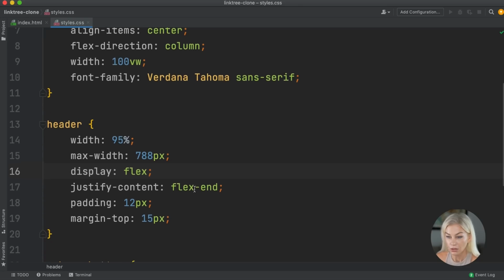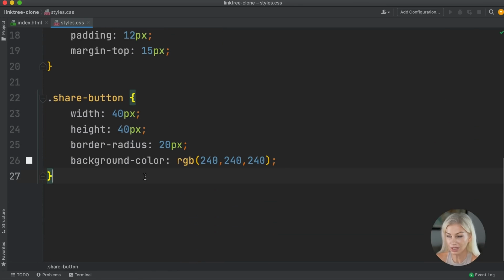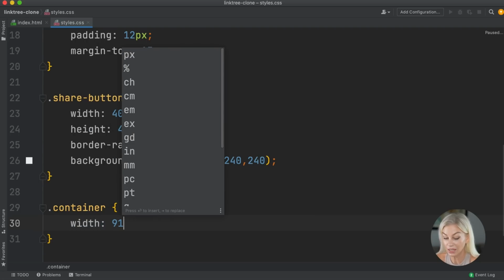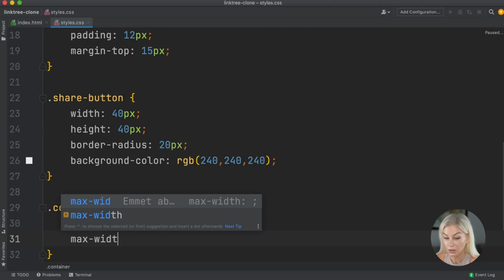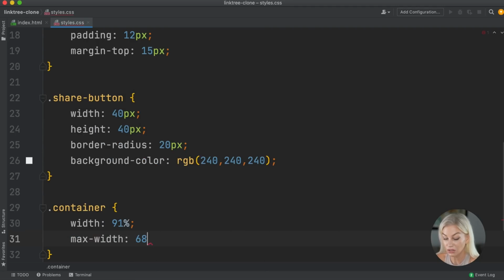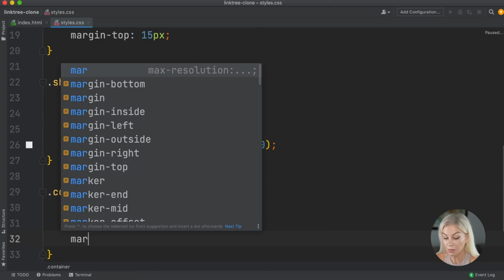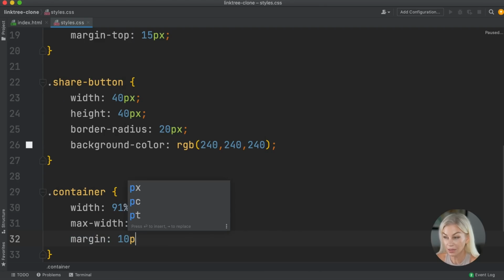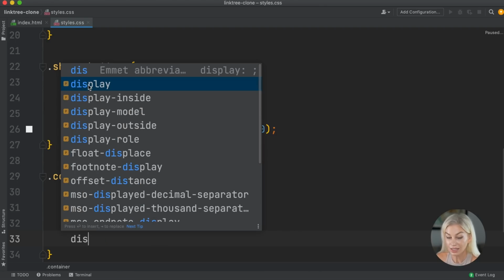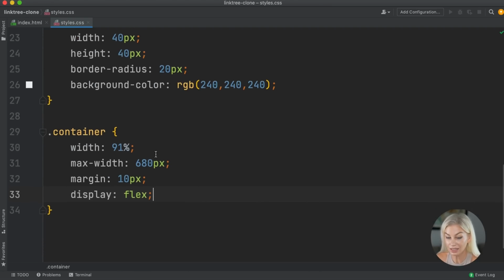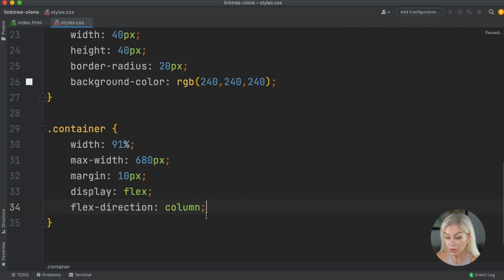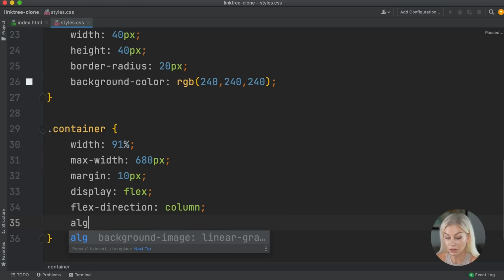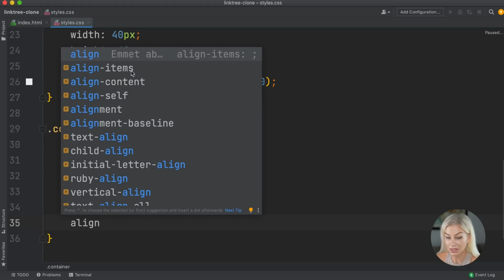Let's carry on. So we have the header. I kind of want to do the same for the container, but it's going to be a little bit smaller than the header. So I'm going to give it a width of 91% of the browser width, and also a max width, this time of 680 pixels. So it's slightly smaller, with a margin of 10 pixels. And again, I'm going to center everything using display flex. But this time I want it to be a column. So I'm going to do flex direction column, which means to center everything, I need to use align items center,